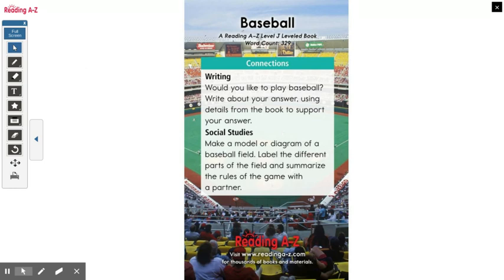All right, so here's a little activity to do for today, okay? Would you like to play baseball? Write your answer using details from our story, okay? And then you can make a little baseball field and see if you can memorize some of the positions on the field. You can even color it and make the grass and the dirt or the turf if you're at a fancy field. You can make the stands, and maybe even for recess today, you could go out and play a game of